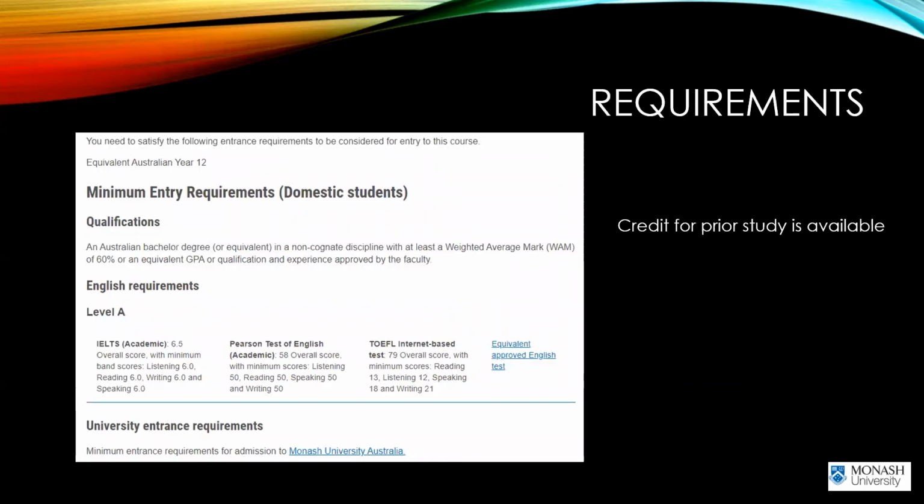So the requirements for the course, you need to have an undergraduate degree with an average of 60%. There are some English language requirements which I won't go through there, but we're expecting students, as Joe mentioned, might come from a health background and really want to learn more about the quantitative and particularly machine learning and analytics aspects,